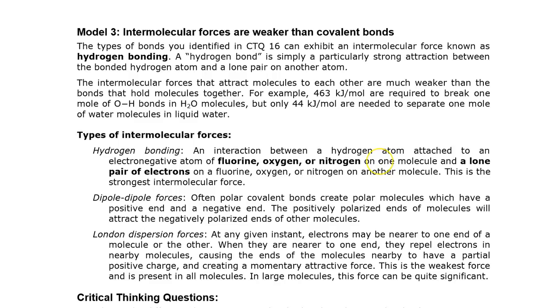And in order to have a hydrogen bond, you have to have the H-N or the H-O bond, but you also have to have a lone pair of electrons for it to be attracted to. I'm going to draw a picture for you. If I draw a molecule of water, I know that the molecule of water is bent with 109-degree angles because there are 4 domains of electrons. And if I draw another molecule of water over here, I know that it is also bent and it has 4 domains of electrons. So the particularly strong attraction has to be from one molecule to the other.